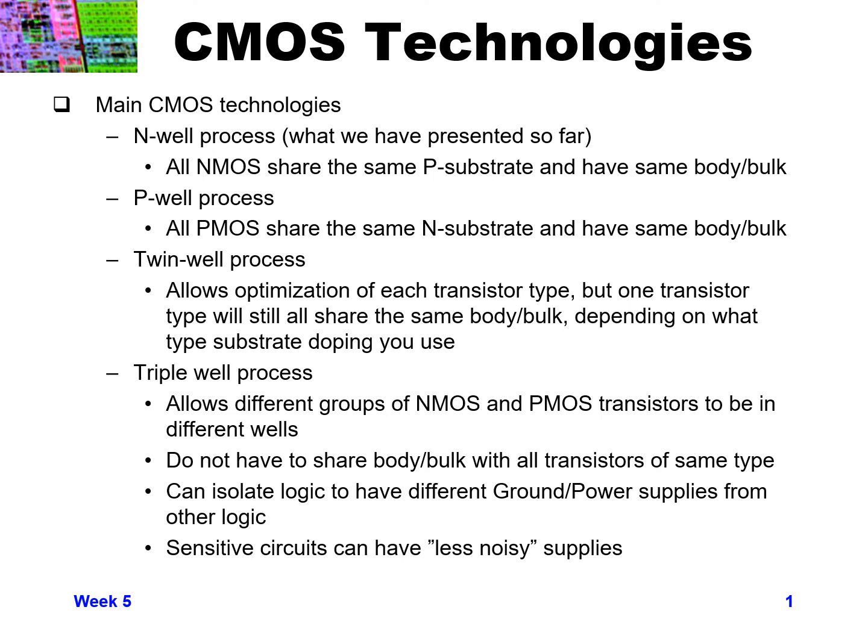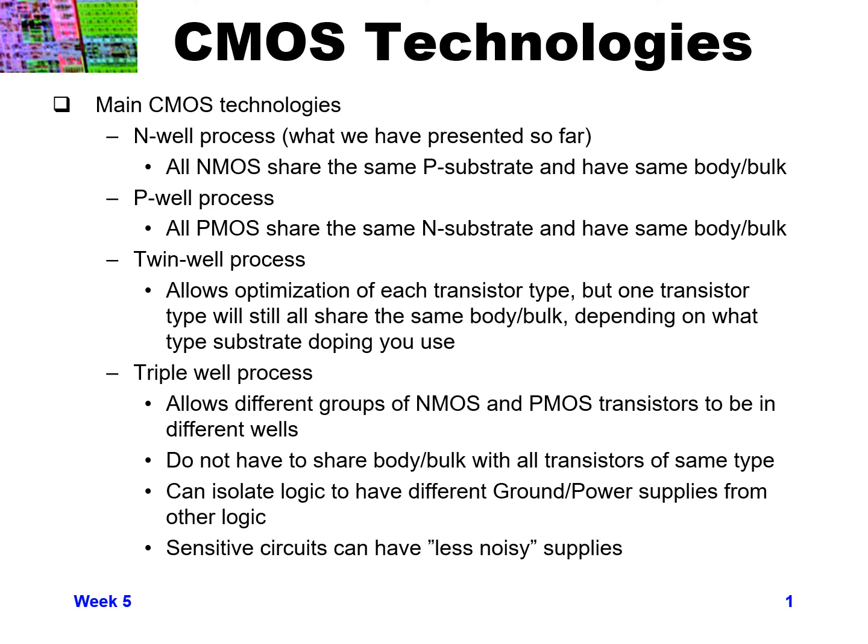So you do not have to share the same bulk body with all transistors of the same type for either NMOS or PMOS. This allows us to isolate logic and have different power supplies and also different ground supplies for different logic. And by doing that, it